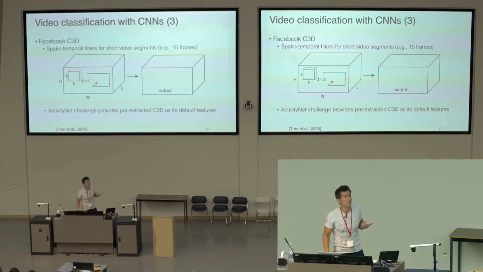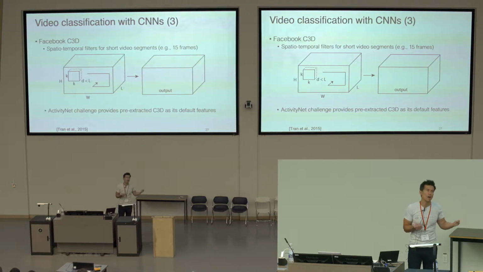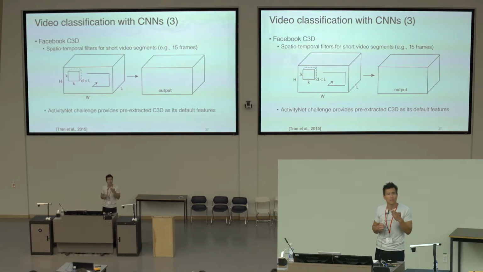The other class of methods is typically to more directly work on a 3D volume representation of a video rather than computing an optical flow signal separately from an image analysis routine. In those circumstances, you have this volume, which is an H by W by L time volume, and you build 3D convolutional filters that operate directly upon that. So in this case, rather than having a spatial conv filter that you would have for normal image processing, you'd have a volume that you're convolving spatially and temporally over top of a video, right? And so similar sorts of things that you would do in space, you do in time.